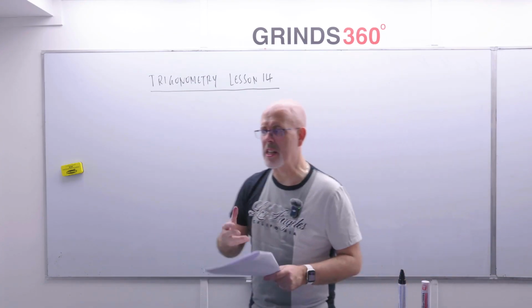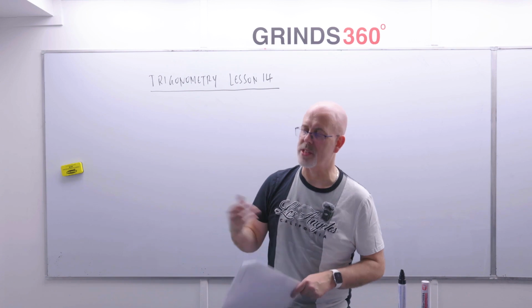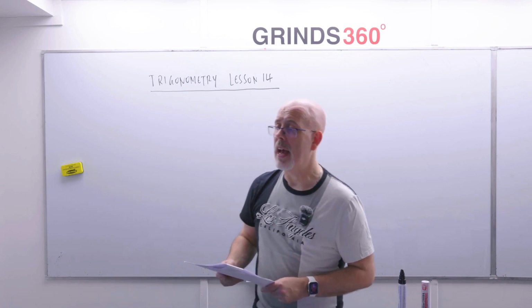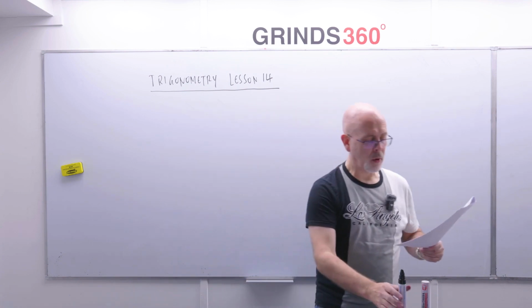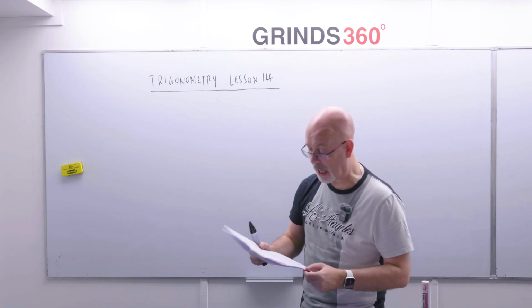And sorry, that previous question should be minus 4 sine 2x minus 1. Sorry, I wrote down cosine, but it was a minus sine graph. It was minus 4 sine 2x minus 1. My apologies for that. Okay, so just the last question to finish off the lesson, the one on page 202,